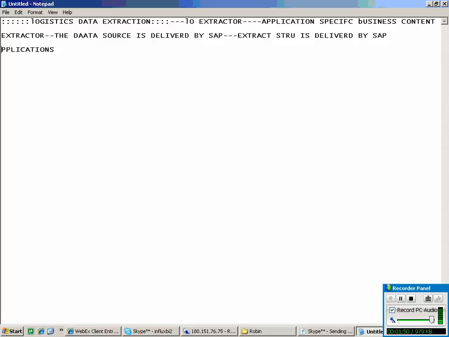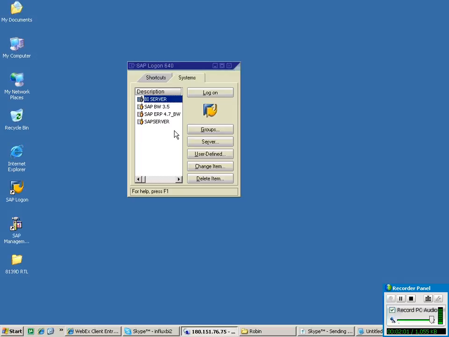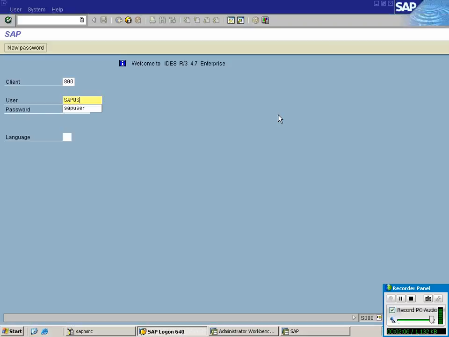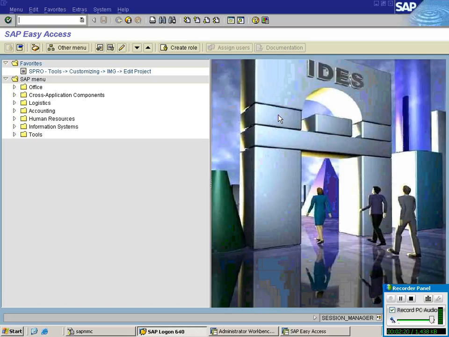Now, first of all, what are the applications related to logistics? Right. Let me show you that. So this is the transaction code, LBWE.